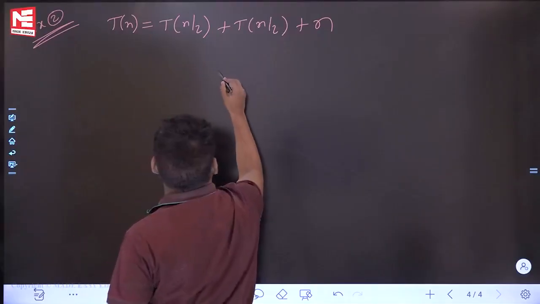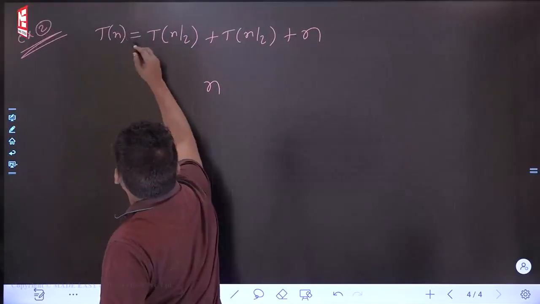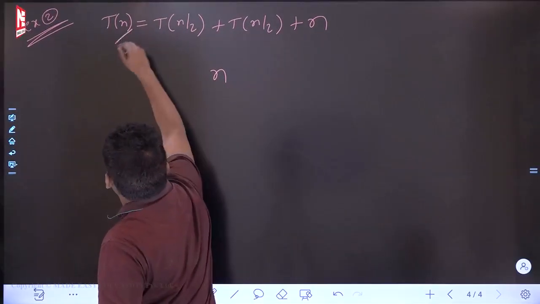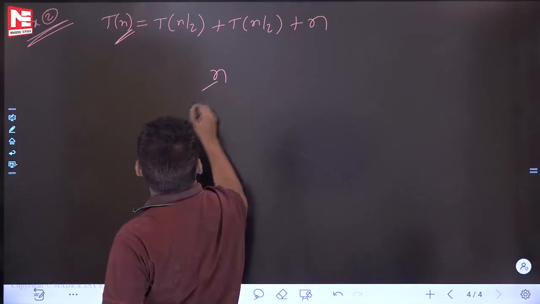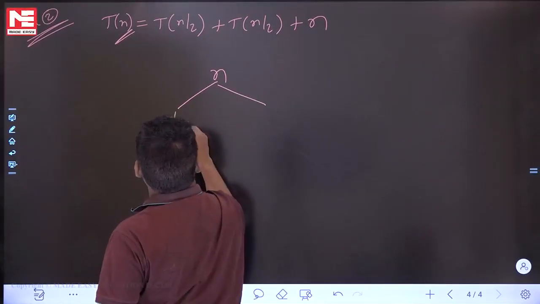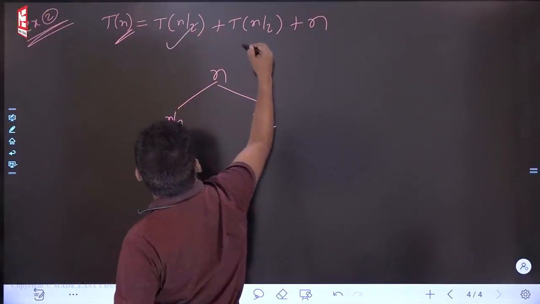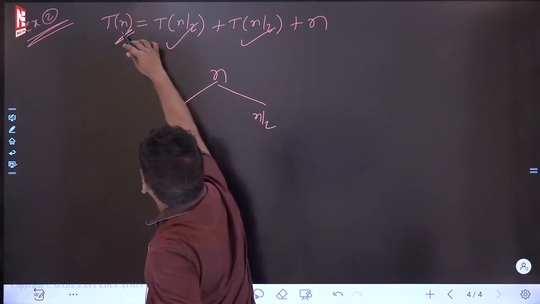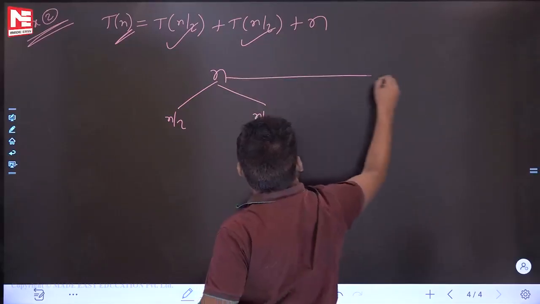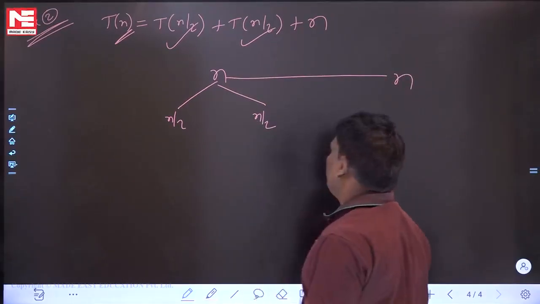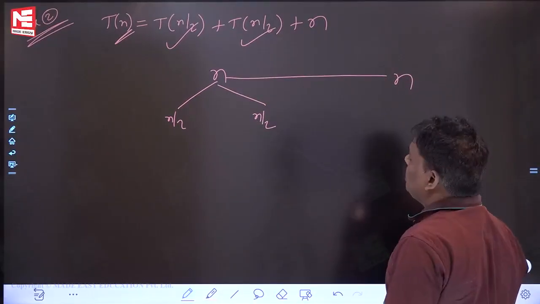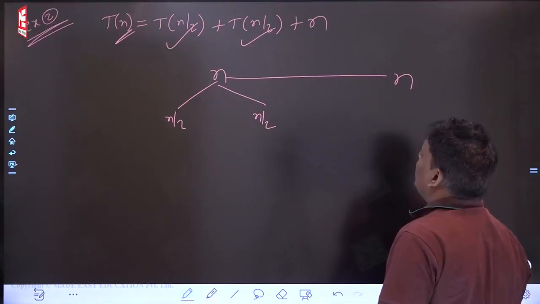I am starting. See this one. This n. N is this one. This n will be divided into 2 parts. What is the left side? N by 2. Right side also n by 2. N will be divided into 2 parts, n by 2, that's okay. But here n is there, meaning the non-recursive term n will come. Like the substitution method only. In the substitution method we write one array tree, here we will write the binary tree, nothing